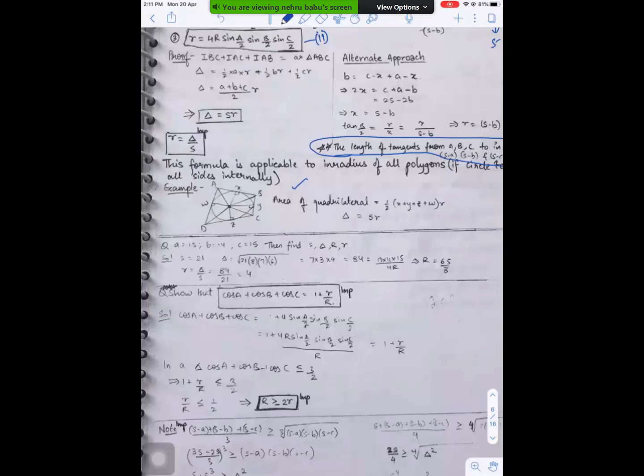Means that formula is what? If you take a quadrilateral, in that case also, if a circle touches all the sides, area of quadrilateral equals that radius into semi-perimeter. Even in a polygon, this result is true. The proof is just the sum of all these areas. For example, in this case, half XR plus half WR plus half ZR plus half YR. The sum of these four areas is equal to delta. So by using that, you will get it.